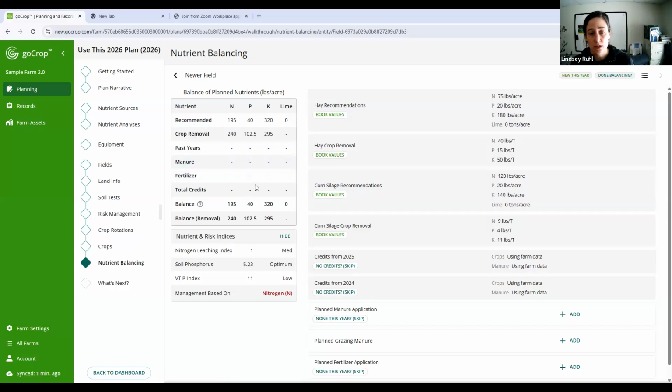So what's key here is that because this is rotating from hay to corn, we actually are going to have a past year's credit because over time, over 2026, your hay crop is going to, even though you're taking a first cut, it's going to start to